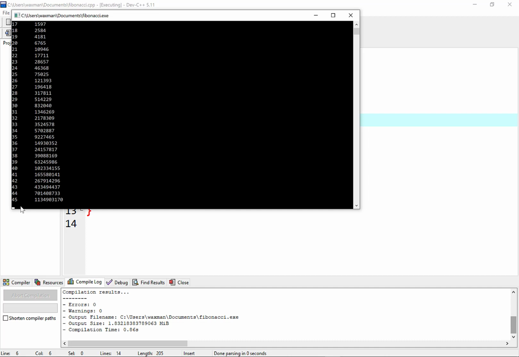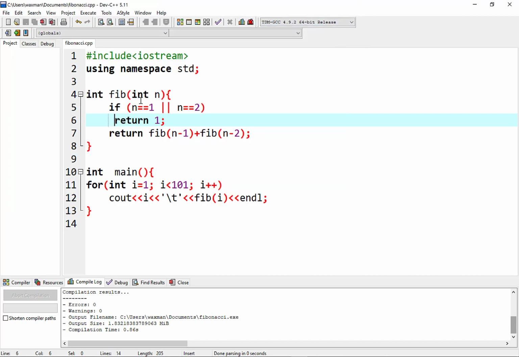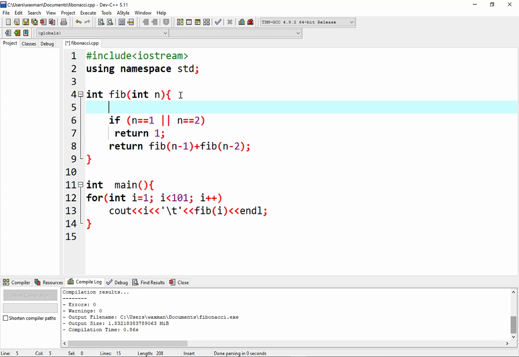So the idea is we're going to write down the values once we calculate them, and instead of having to recalculate those sub-values each time, we're going to just look them up. So we're going to go into the function right over here. And we're going to create a one-dimensional array, and that array is going to be called memo. So it's going to be an integer array, memo,